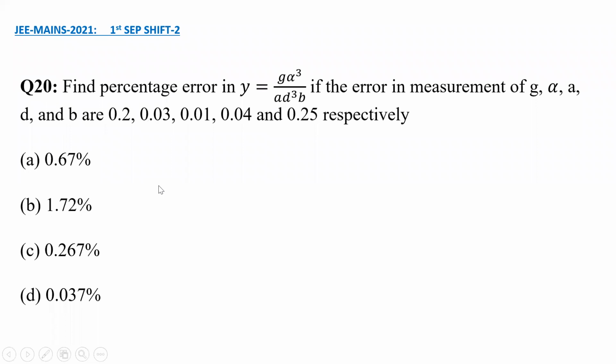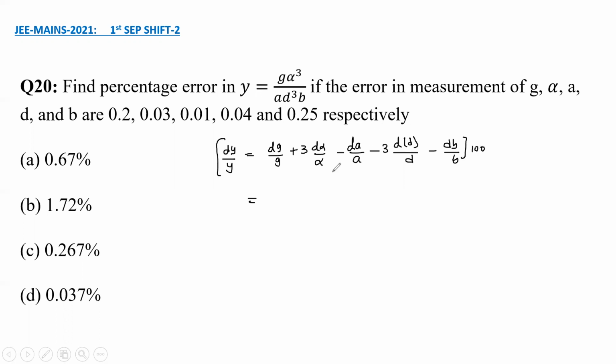Let us proceed to question 20. So using logarithms and differentiation, we can easily get dy by y is equal to dg by g plus 3 times d alpha by alpha minus dA by A minus 3 d of d by d minus dB by d. But errors can be of any sign. So whenever we have minus sign here in error, we take the negative error, accordingly that will get added up. So dg by g,